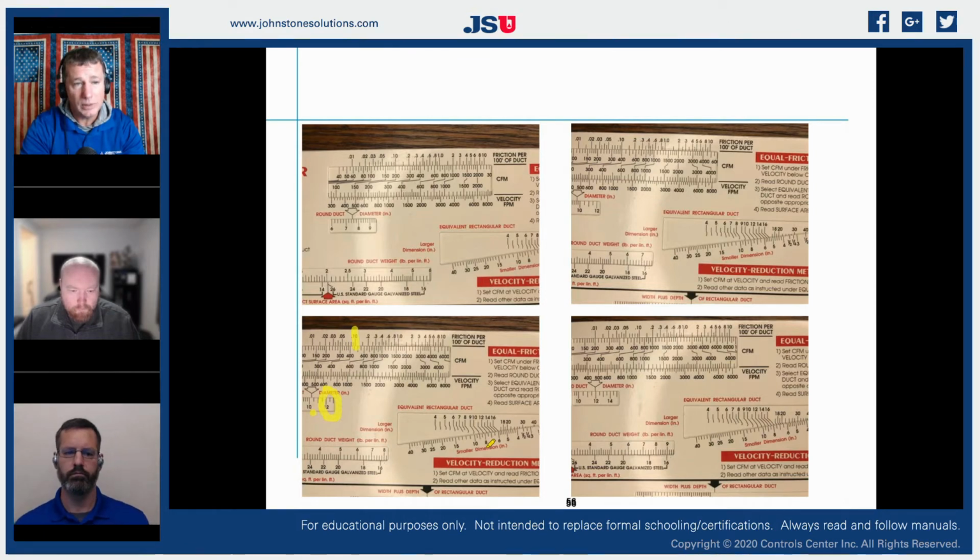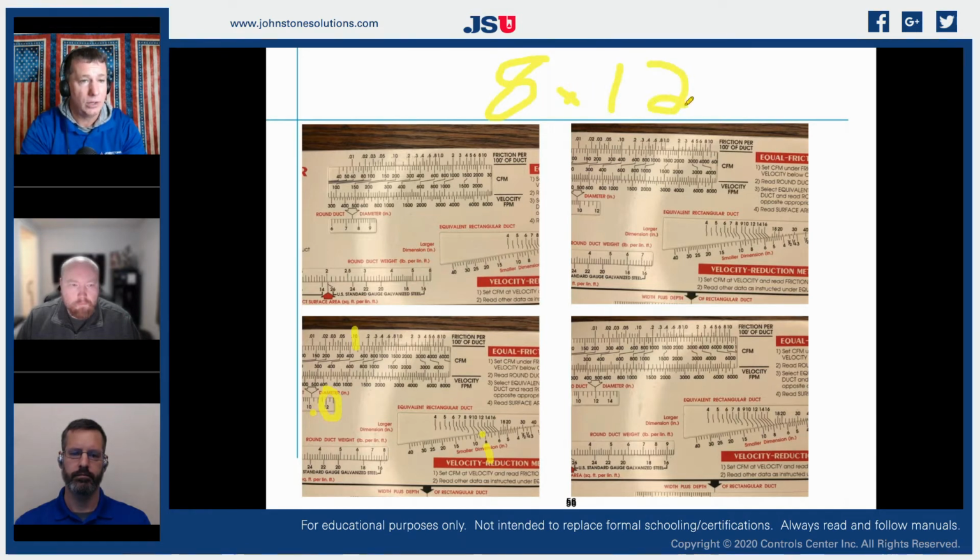So most rectangular ductwork at our distributors is going to come in 8-inch width. That's the most common. We can get 10 or we can get custom if we want, but in stock, we're going to have plenty of 8-inch. So if I go an 8, I'm going to find that I'm landing right there, which is between a 10 and a 12, right? I don't have an 8x11 in stock, but what I do have in stock is an 8x12,